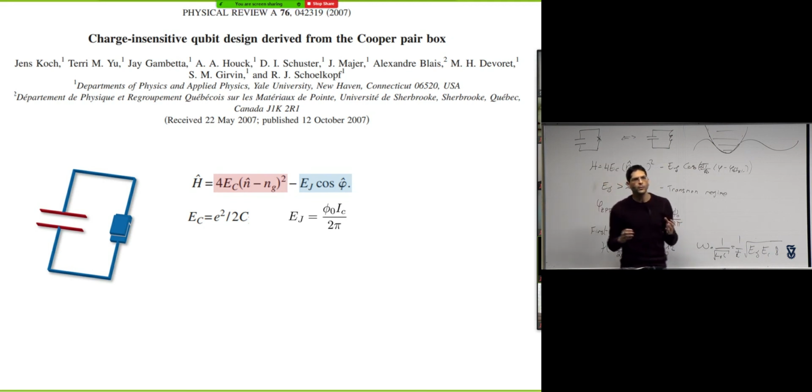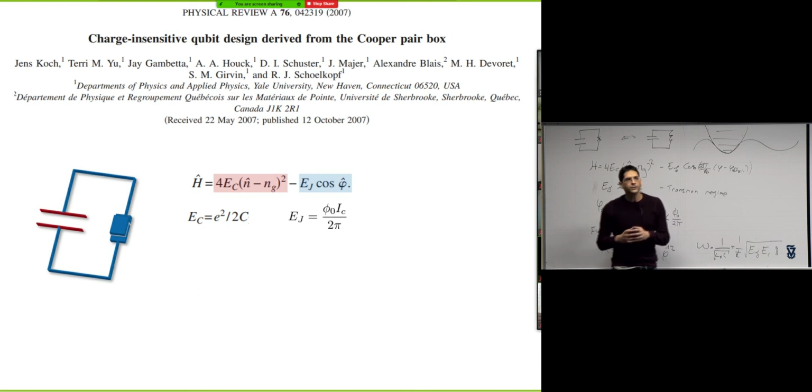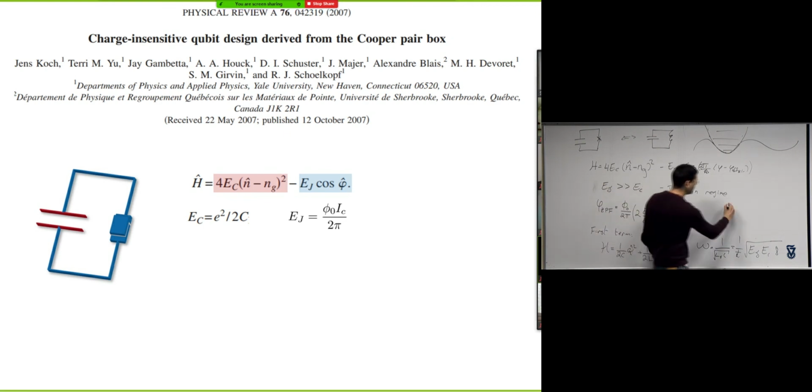So you don't want to be weakly anharmonic, otherwise you're getting closer and closer to a harmonic oscillator, and then you have to do everything slower and slower and slower. So the point about the transmon regime, and this was the nice revelation in 2007, is that the suppression of the anharmonicity goes like a power law, while the suppression of the charge noise was exponential. So in some regime, where your anharmonicity is around 5%,